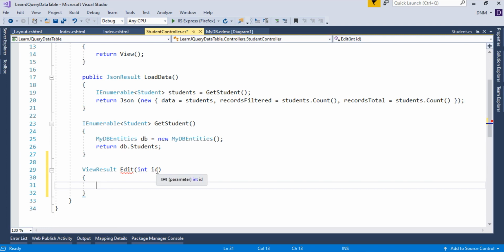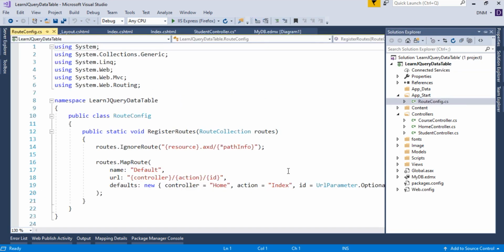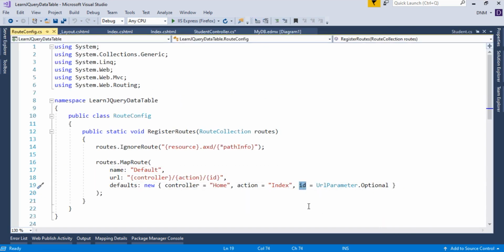Now why ID only? Why can't I say roll number or RNO? Definitely you can, but for that purpose we have to go to our route config file, which is in the App_Start folder. Here the ID route parameter is already defined.